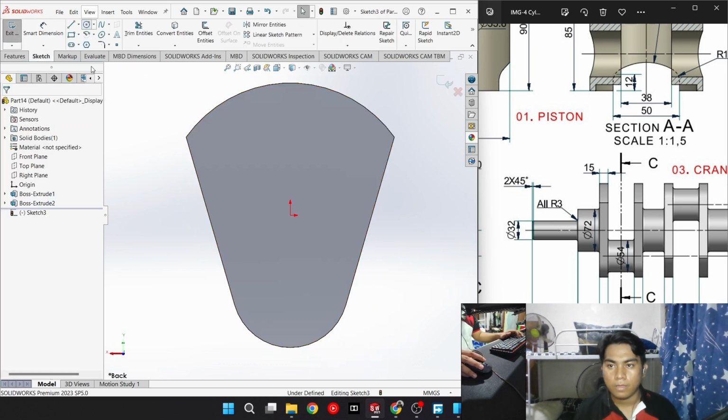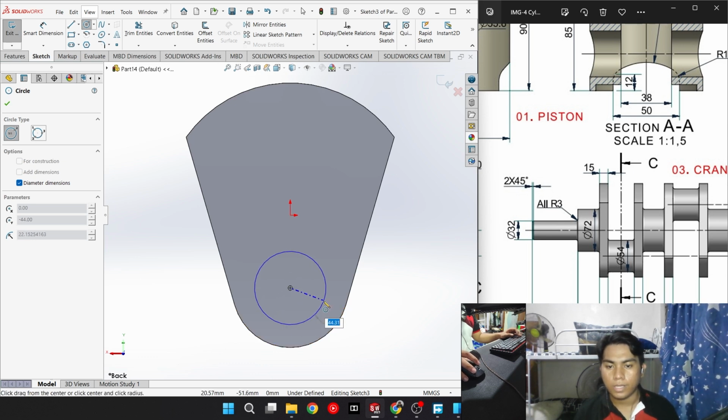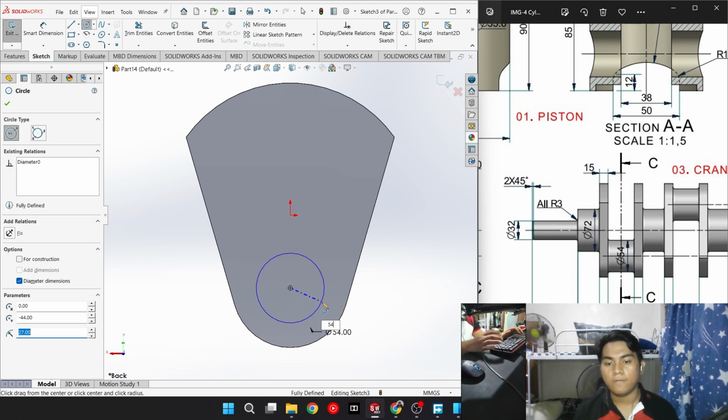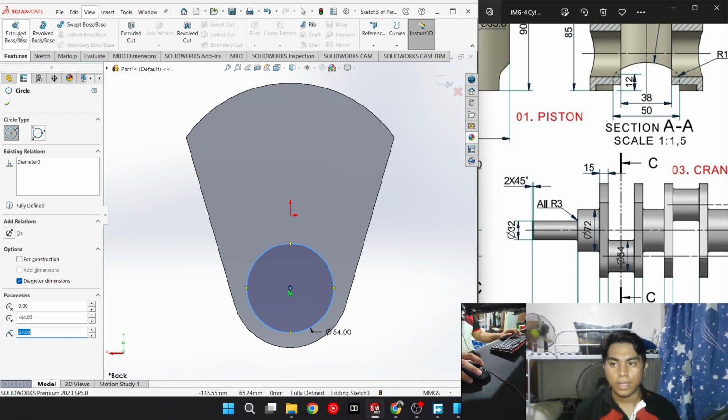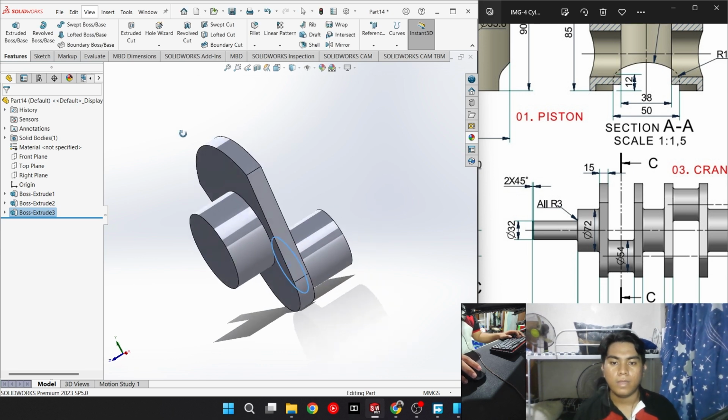So this circle is concentric with this arc. We can find the center point when we drag our cursor near this arc. Then it should show this center point. Then enter the value of 54, then extrude both base, and set the dimension to 46 millimeters. Now we have this set of